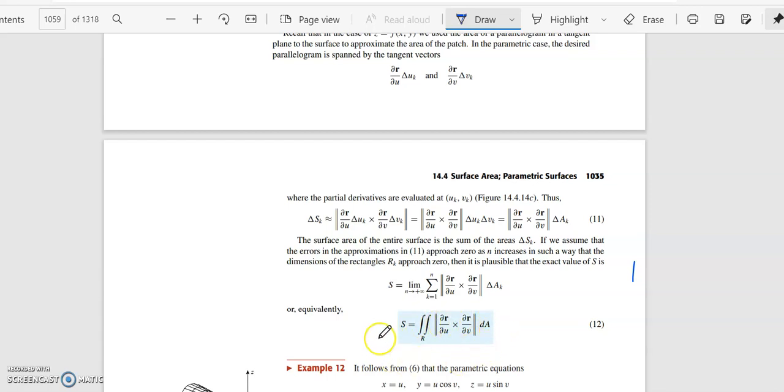So this is how we obtain the surface area of a parametric surface. So S is given by the double integral over R of the norm of Ru cross Rv dA, where R of u,v is the parametric representation of your given